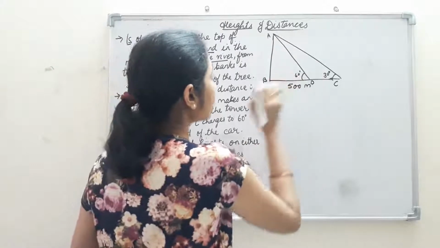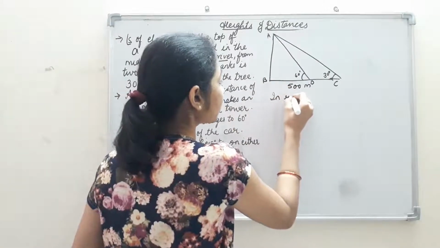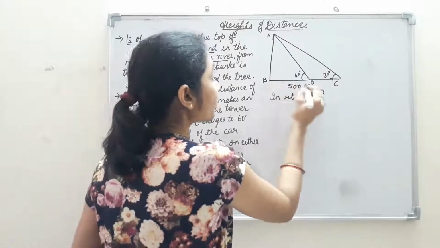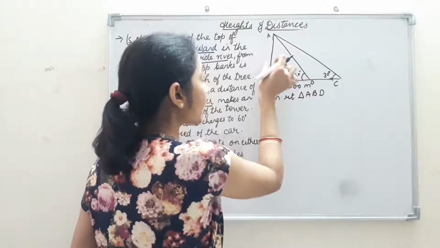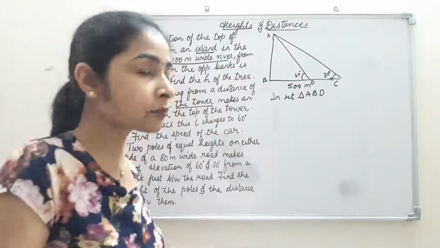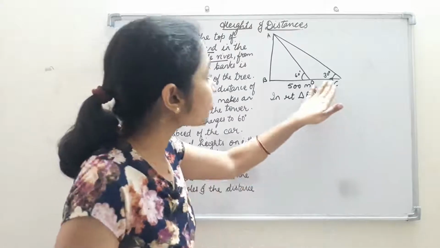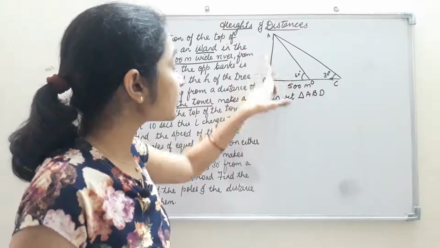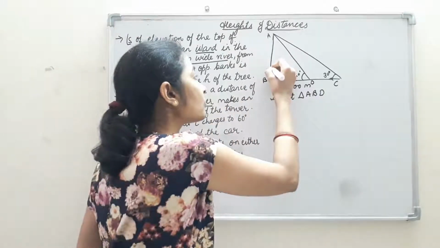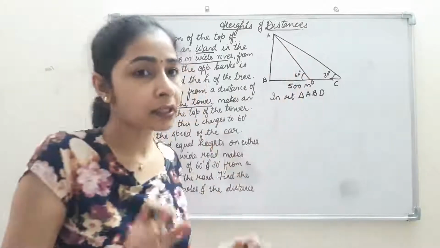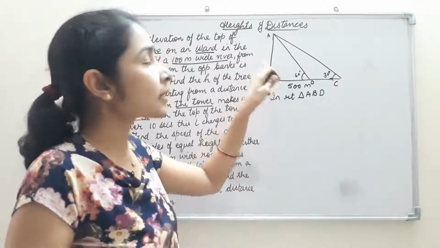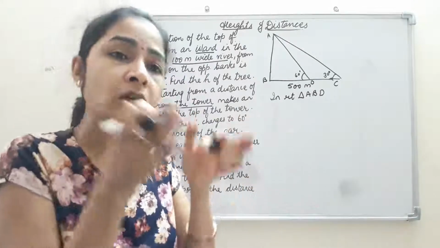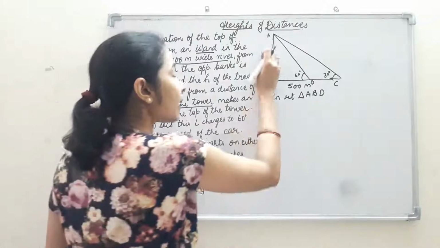Now first taking triangle ABD. In right triangle ABD, AB upon BD. Here we are not concerned with the height of the tower, but we still need to find this distance. So in the two triangles we need to take something common. Here this side is common. If we take the hypotenuse, then both of them have different measures. So we need to take this height because it will be common. So we'll consider height as well as distance.